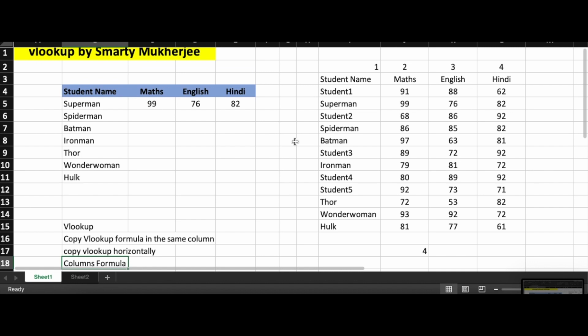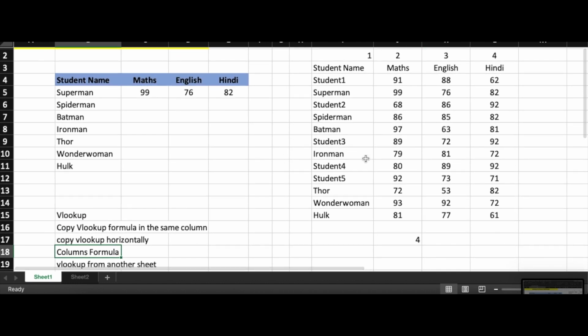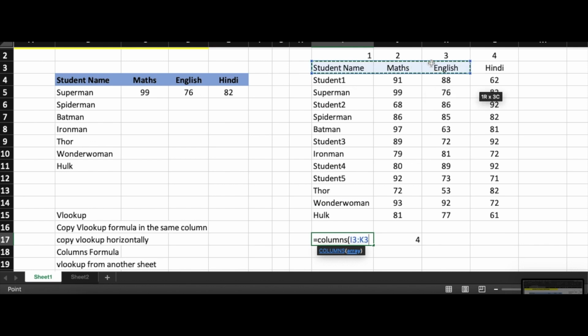Let me show you how the COLUMNS formula works. Say you have this table here, you use COLUMNS, and then you just select the number of columns. It will tell you how many columns you have selected. So these are 4 columns. Here also I put the COLUMNS formula. Let me remove that so that you don't get confused. So this is the COLUMNS formula, where you select the columns and it shows you the count of the columns that you have selected.